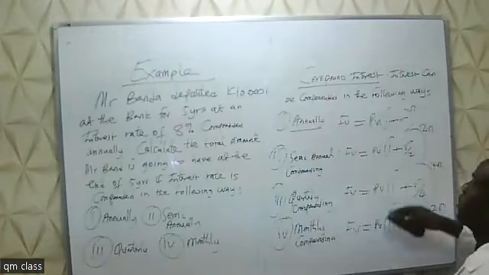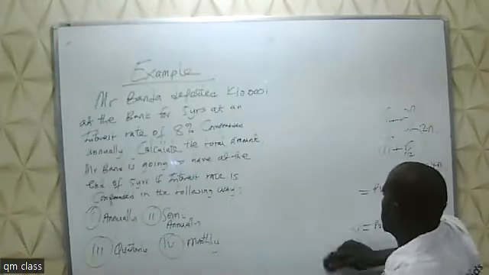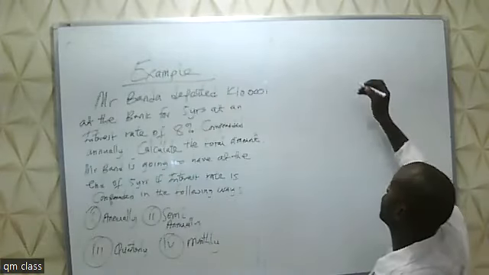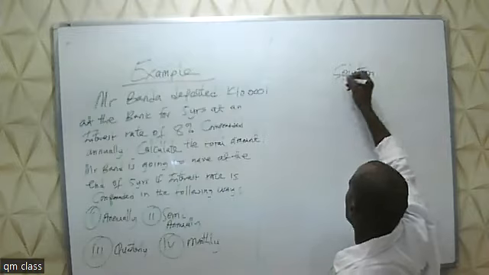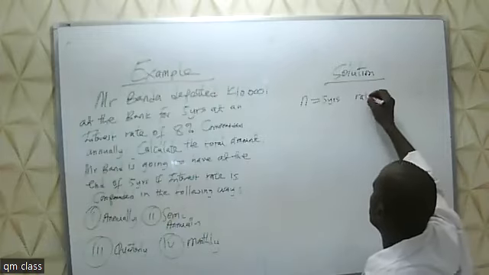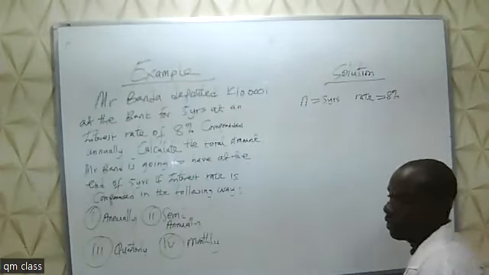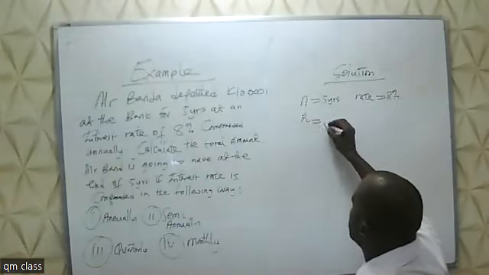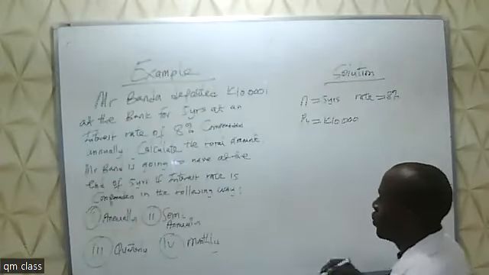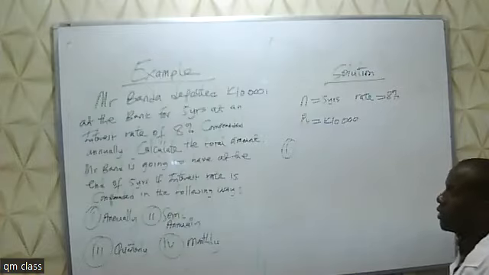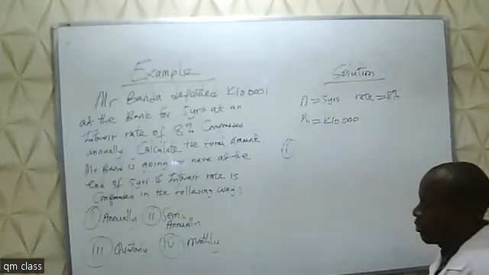So the formulas I've given you, we are just supposed to compute these ones and see. But I'm going to give you the different ways of how questions come. So on the solution, we are going to say our n is equal to 5 years. Then our rate is how much? 8% from here. And then the present value of a deposit, you made a deposit of 10,000. So what would be the amount after 5 years' time if the interest is compounded annually, semi-annually, quarterly and monthly?